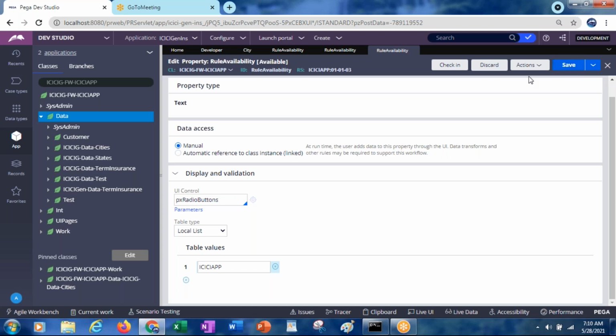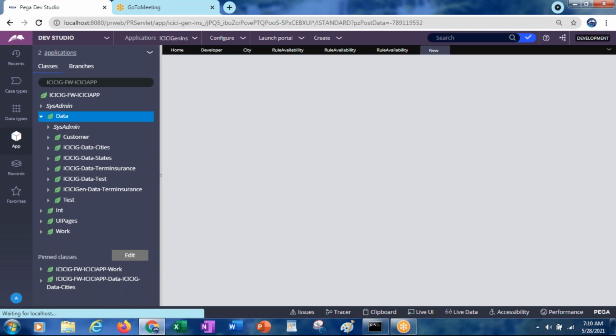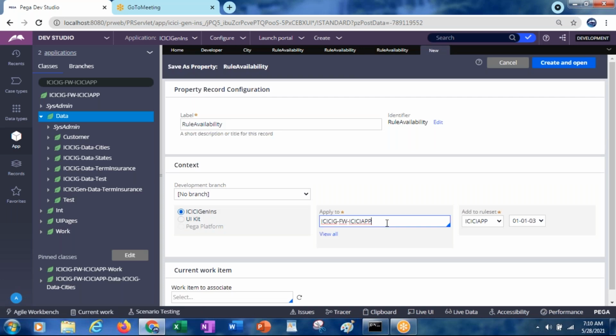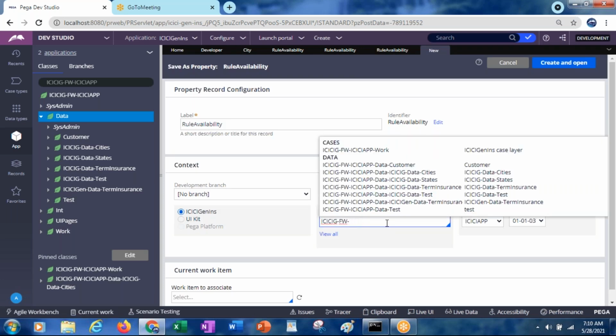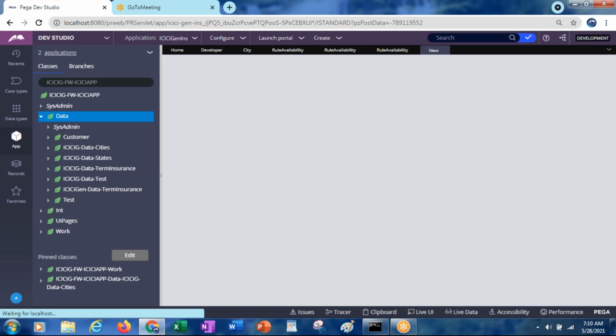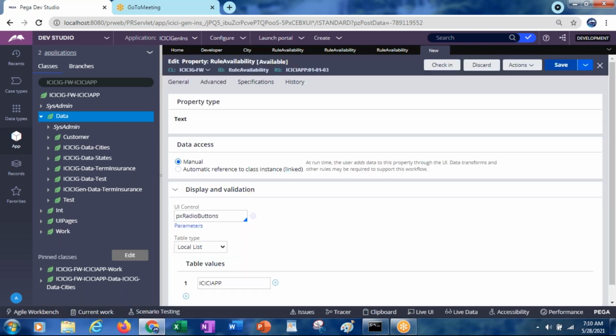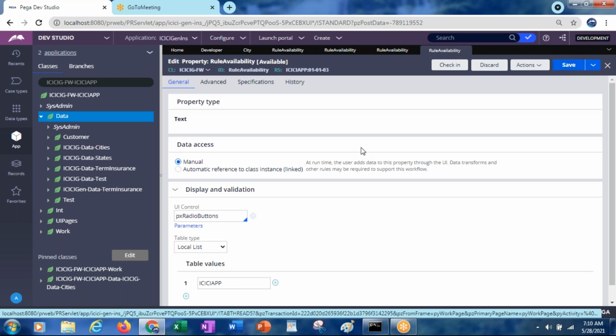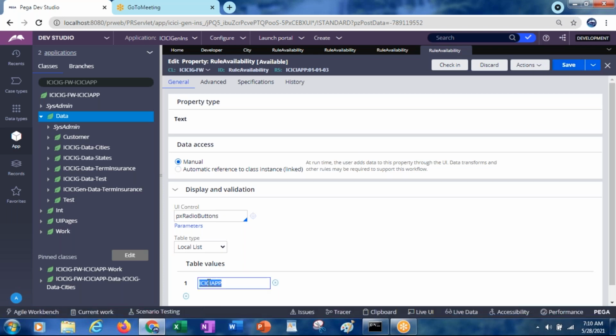Okay, now create one more rule, this time under the FW. Okay, so this is the FW. So total how many properties did I create? 4 properties.